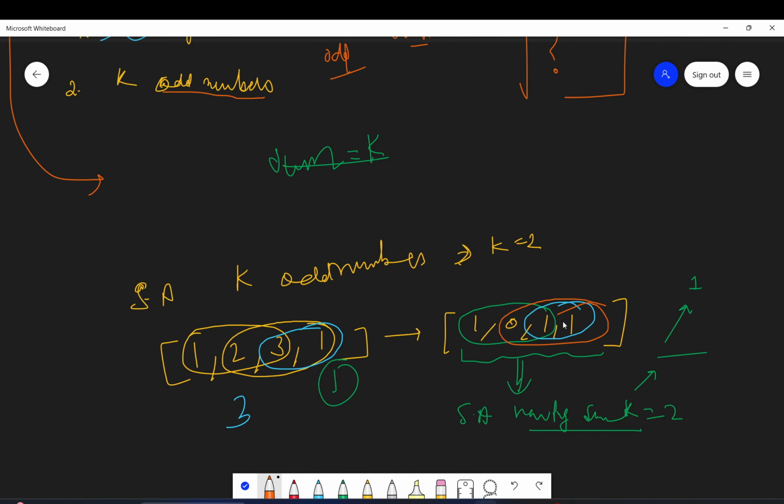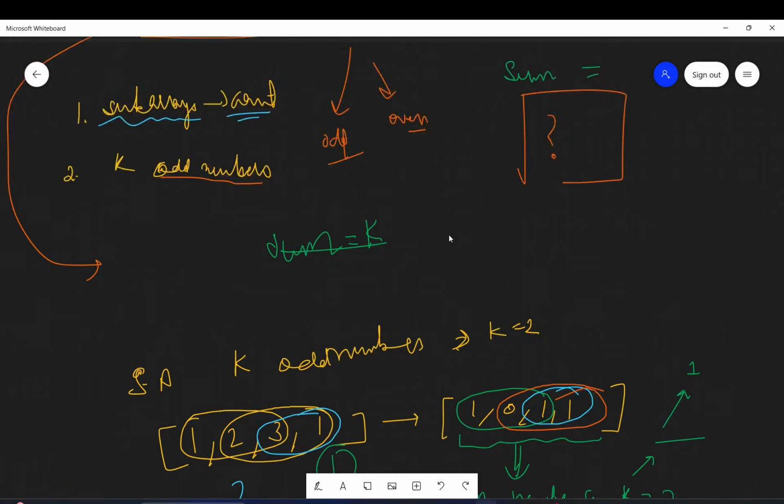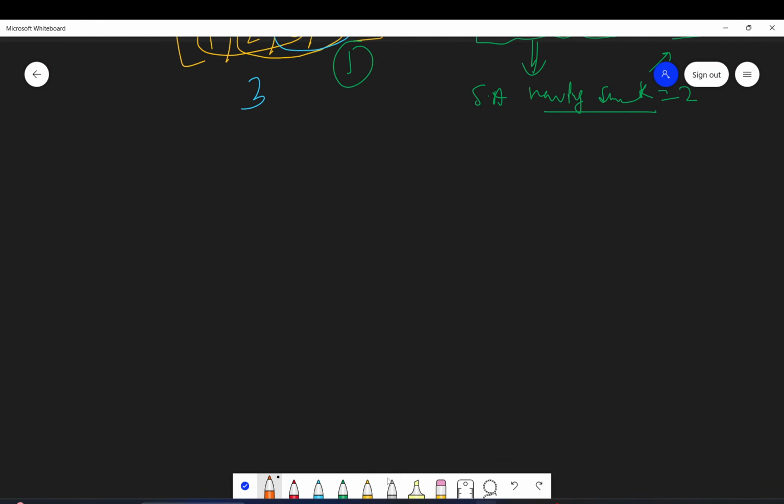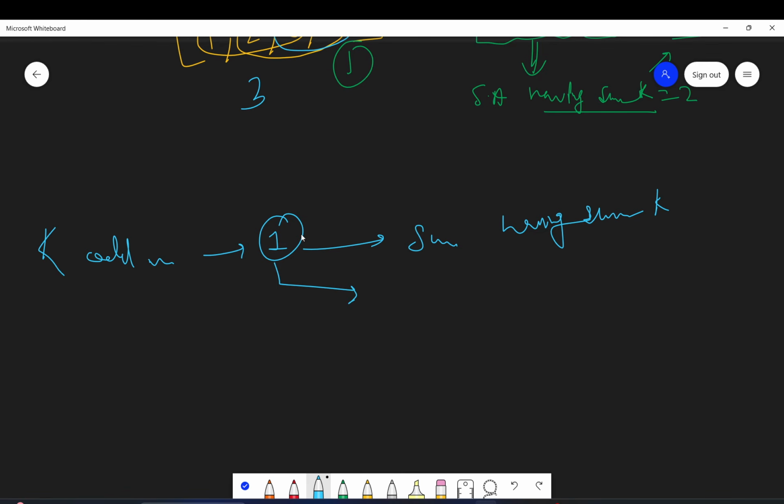I hope you understood it. So what we are doing is we have to find subarrays with k odd numbers. We have replaced all the odd numbers by 1, so now we have to find subarrays having sum k. Now let's try that.